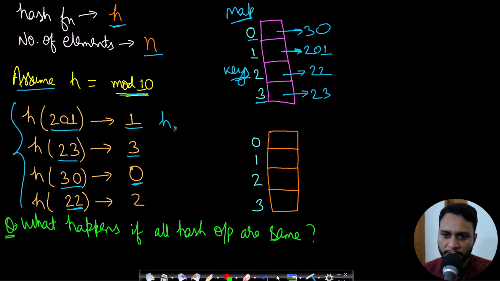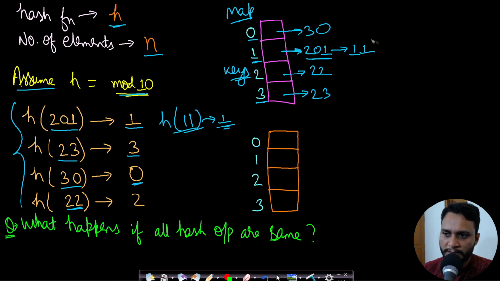Let's say we have got another element which is, let's say, 11. Now 11 mod 10 is equal to 1. Therefore this 11 will go to key 1. But key 1 is already having value 201, right? So this is a collision. In this case, we will be inserting this value at the head. I will just be showing how to insert at the tail, but actually we will be inserting the elements at the head so as to optimize this entire insertion algorithm. Now this 11 will be stored here, right?